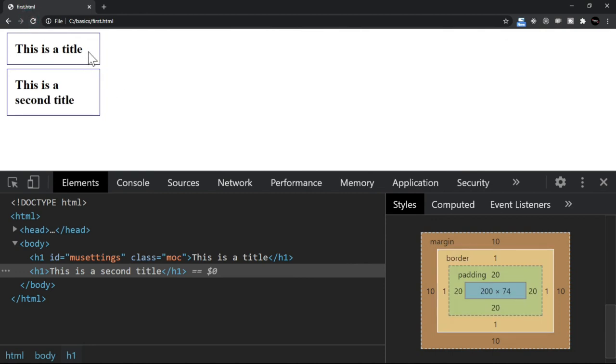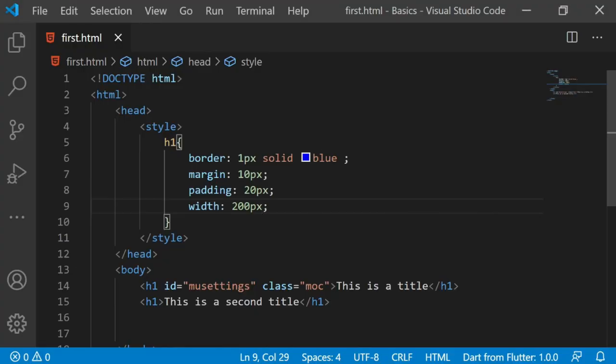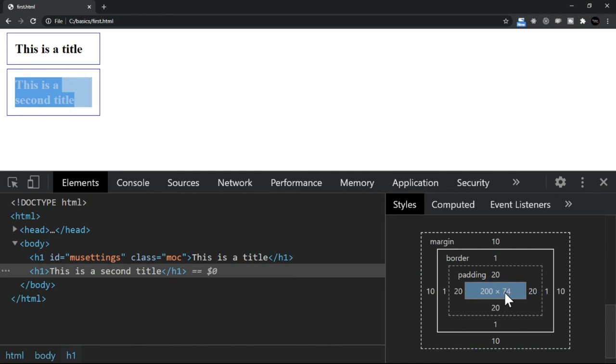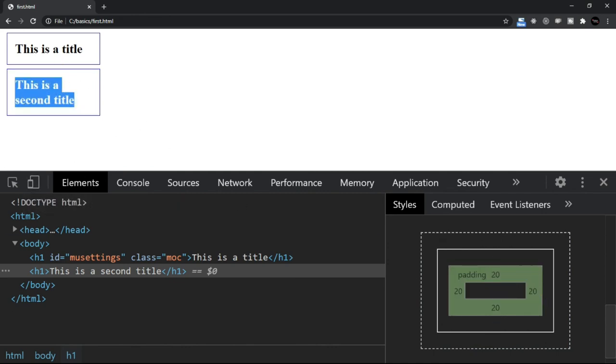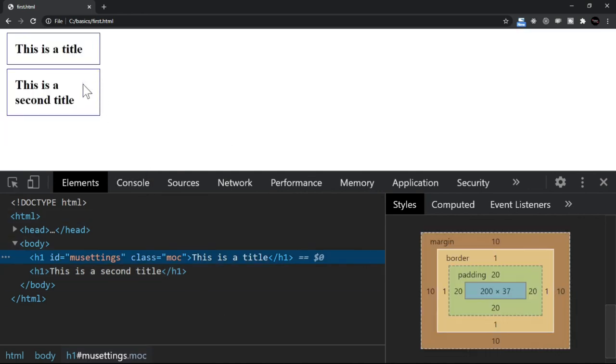Now you see this. The moment you decrease this width, this text is now getting formatted. It comes automatically on a new line. And you see this 200 by 74 because the width is already 200. Now let me decide. The height is already 74 pixels for this, and for this it will be lesser. Let me say inspect element, right? It is 37. Let's say I want these two H1s to appear as a rectangle. How about that, right? Let's do that.